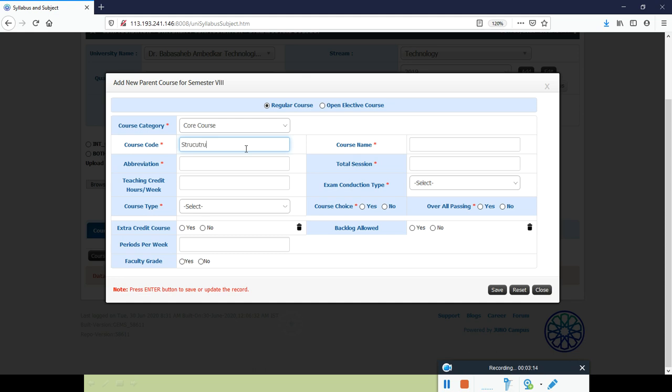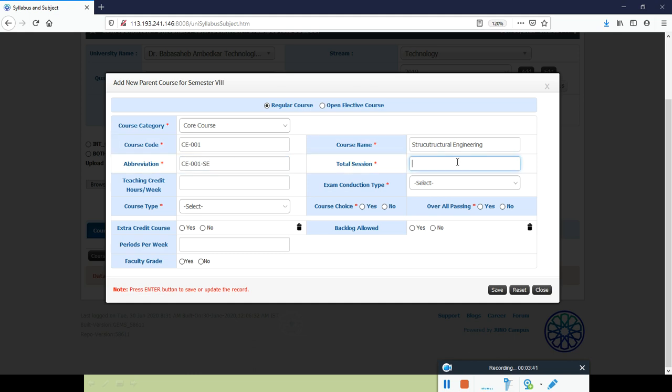structural engineer. So you can give the course name, and put up the course code, CE001, and the abbreviation can be SE or anything you want to give.